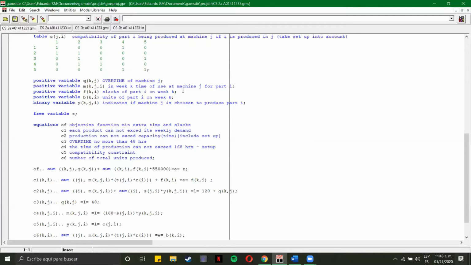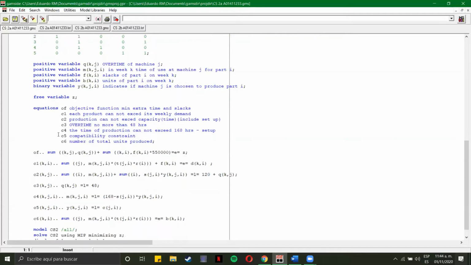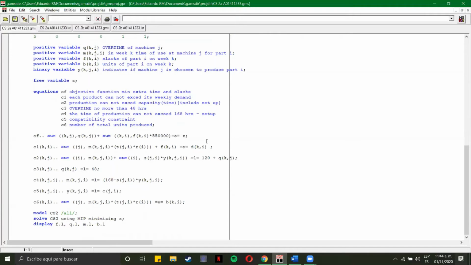The first one is the objective function, and what we want with this objective function is to minimize the usage of overtime and the existence of slacks. And then we have the constraint for the production, that is that the production obviously cannot exceed what is demanded. So to obtain this number, we will have the summatory of the production plus the slacks. And next we have the